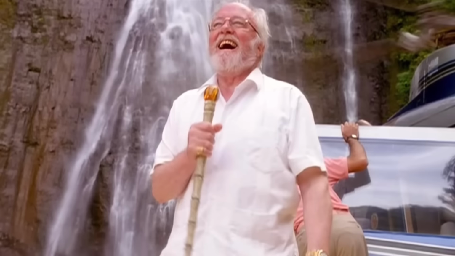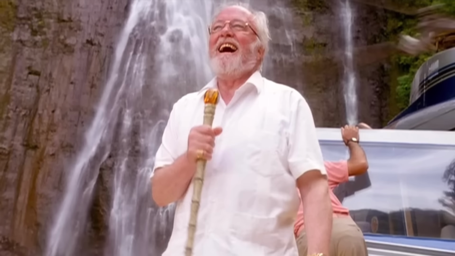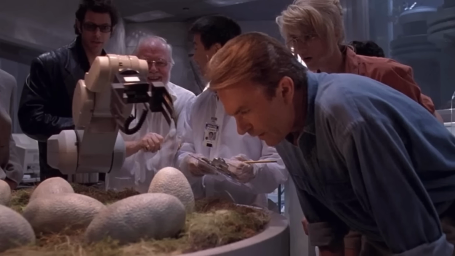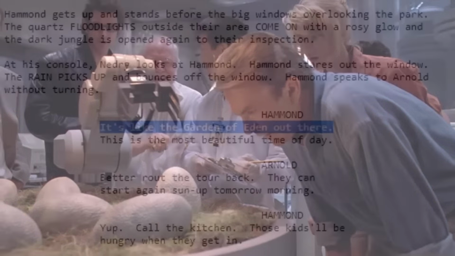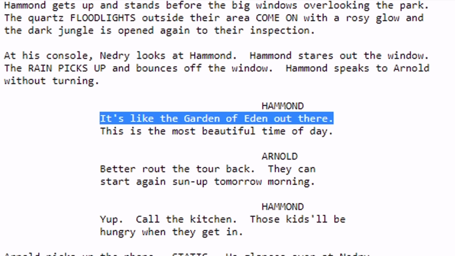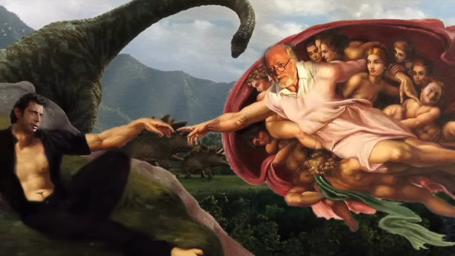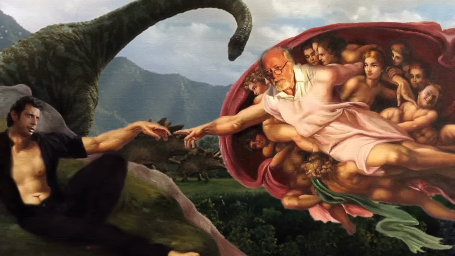The original movie doesn't really play this stuff up that much, and you have to kind of dig deep to find it. Oddly enough, this version would have touched upon that stuff considerably, with Hammond even calling Isla Nublar his Garden of Eden several times in the script. And there's even a weird moment where they describe light emanating behind him like he's supposed to be God.